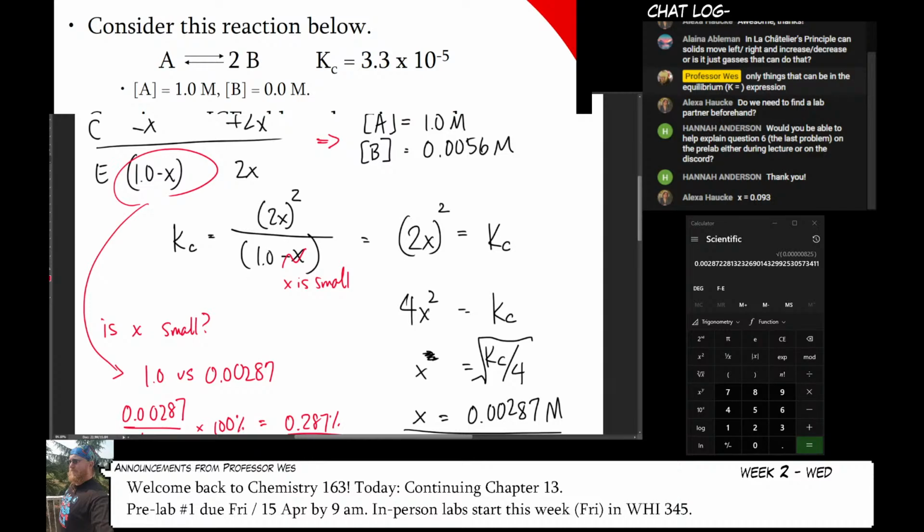Like, I think I wrote on the quiz, for one of the problems, I said use the x is small approach, even if it's invalid. And the reason for that is when I wrote the problem and I got the solution, I calculated it, and x was like 5.5%. And I was like, God damn it, I gotta write a whole new problem. And I was like, nope, you know what? It's fine. Just solve the problem. It'll be okay.